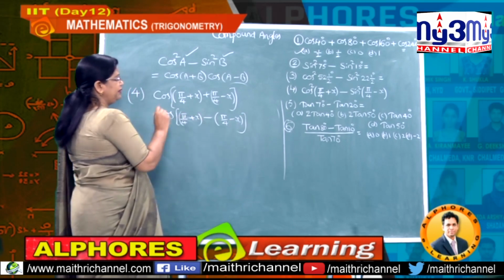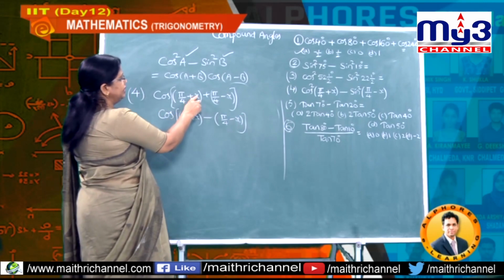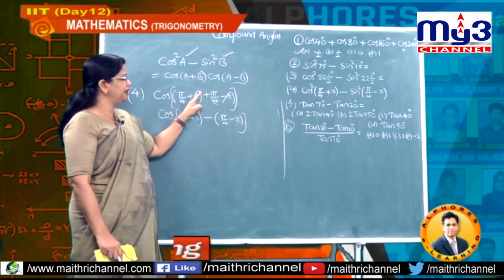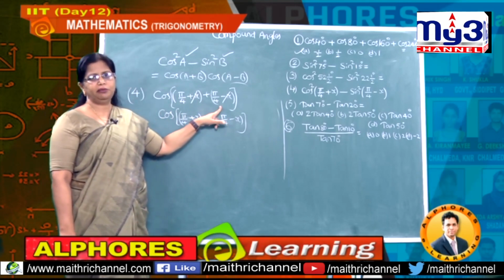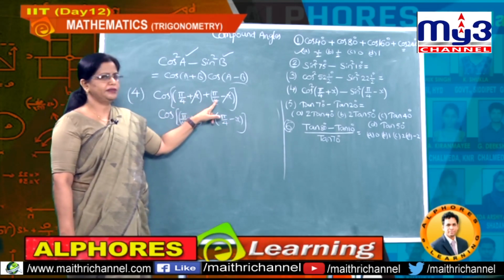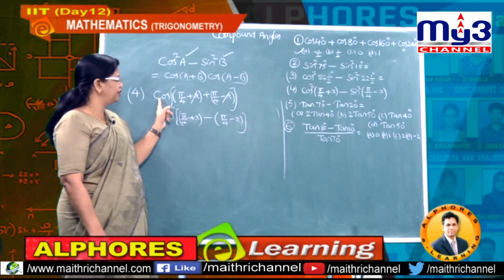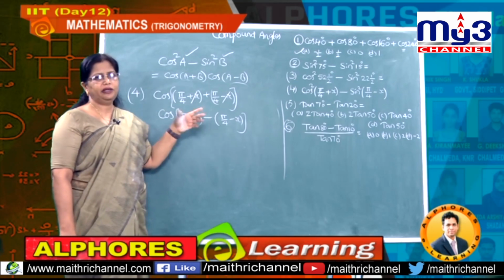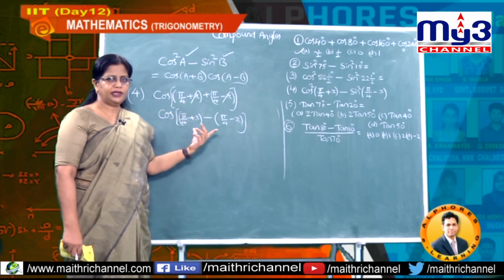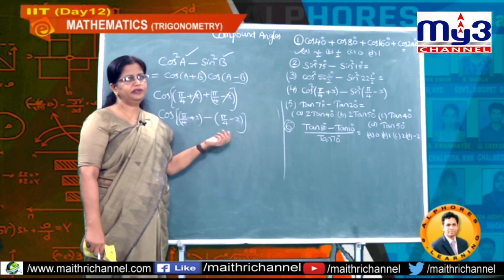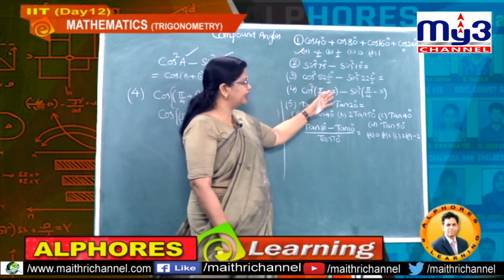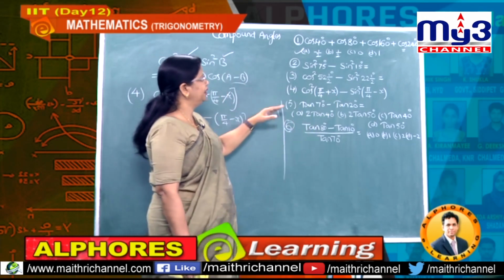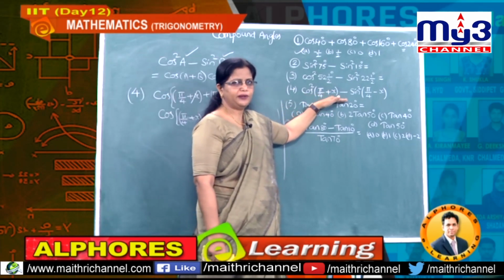Now, if I simplify, plus x and minus x get cancelled. Understand? Then what is pi by 4 plus pi by 4? It is nothing but pi by 2. 45 plus 45, 90 degrees. So, cos 90, what is the value? 0. 0 into this value, you automatically get 0. Understand, students? That is the advantage if you use the formula, or else directly even here you can put the x value as 0. So finally, what is the answer here? 0. Got it?